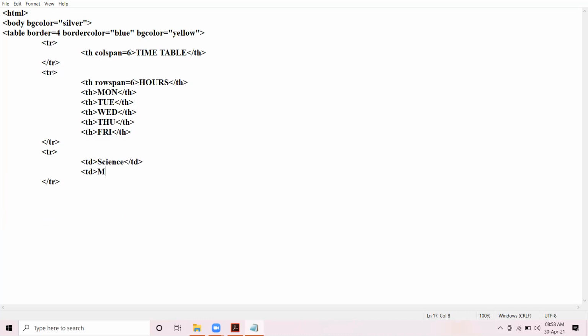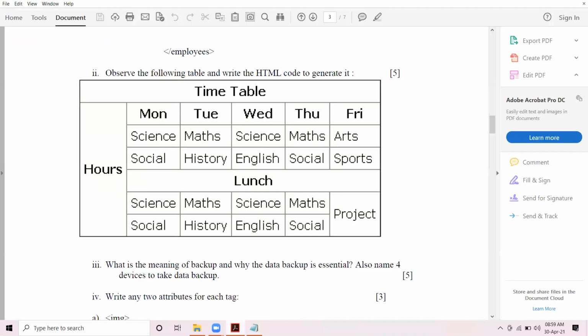Science, maths, then again science, then again maths, and the last one is arts. Okay, am I clear?